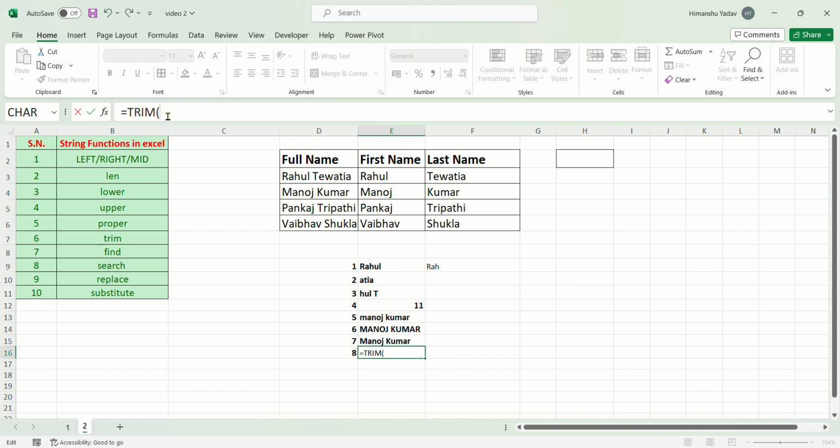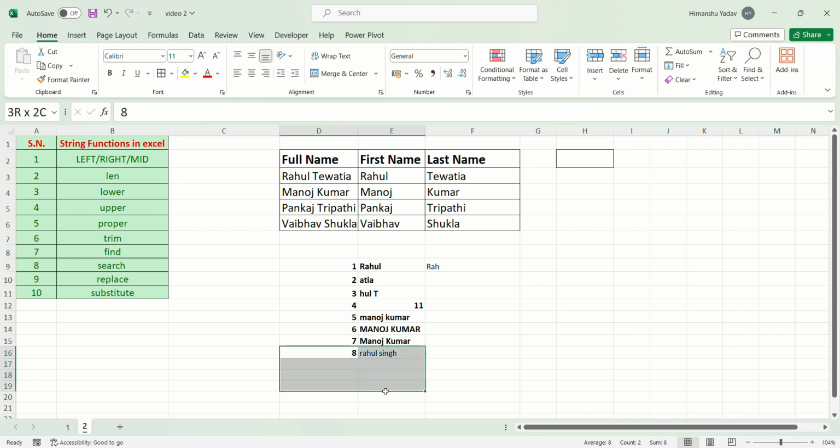So again we are going to provide the text. Suppose we give some spaces at the start, then a name like Rahul, then again four or five spaces, then if you write Singh, close the parenthesis and hit enter,